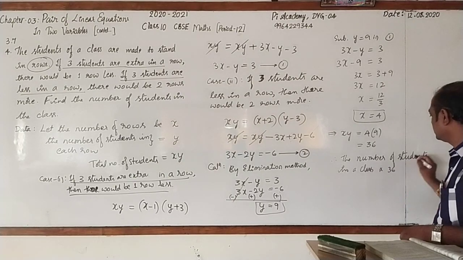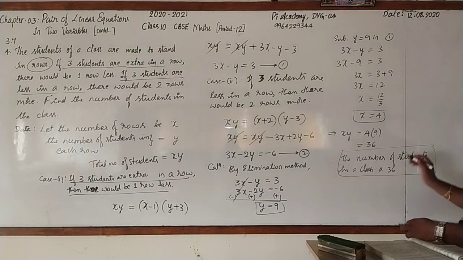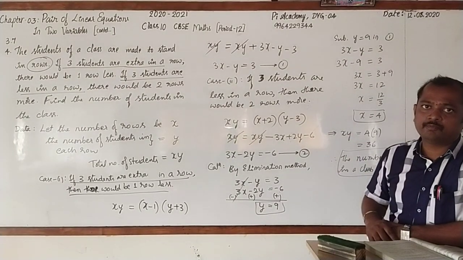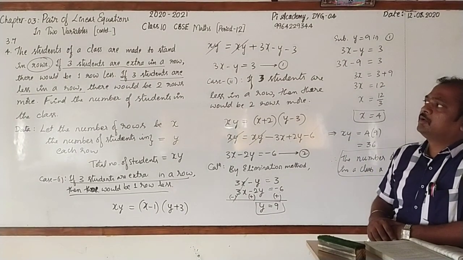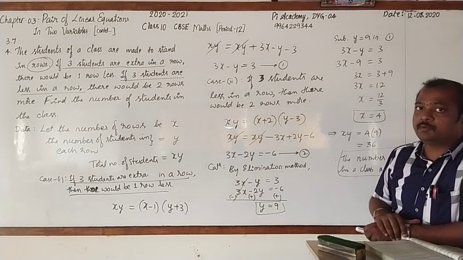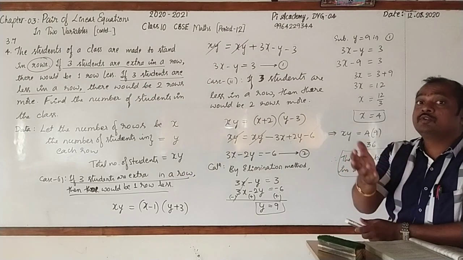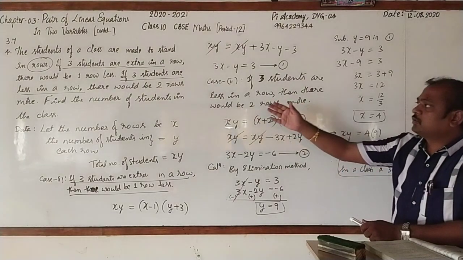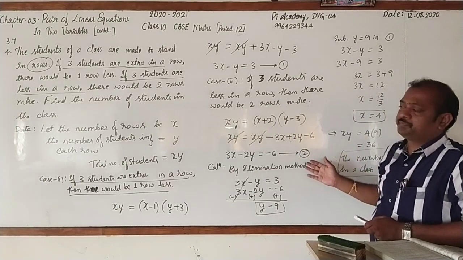Is 36. Followed? The first 4 questions are very important, particularly fourth one, third one and second one. In all these cases, we have used the product x and y, right? Yes, please go for copying. If not,